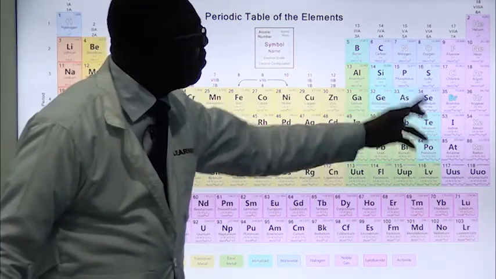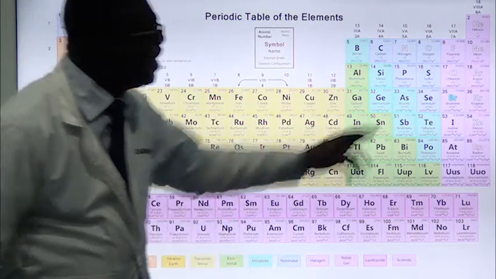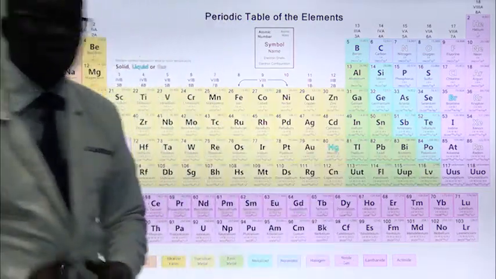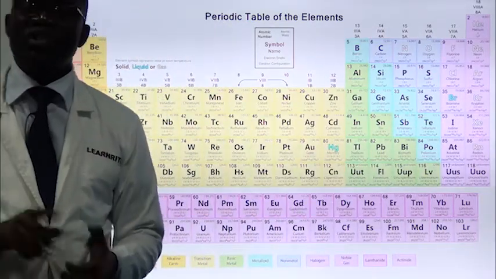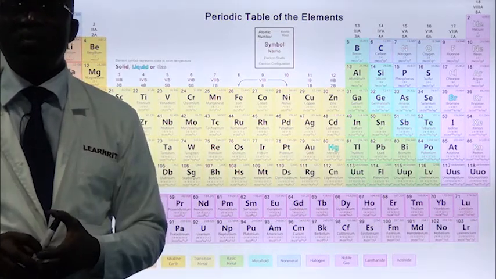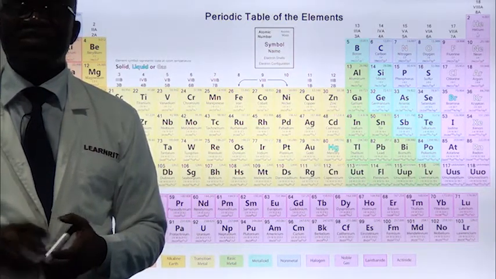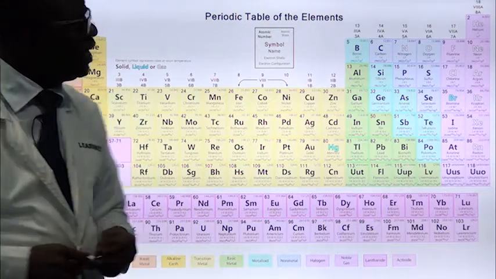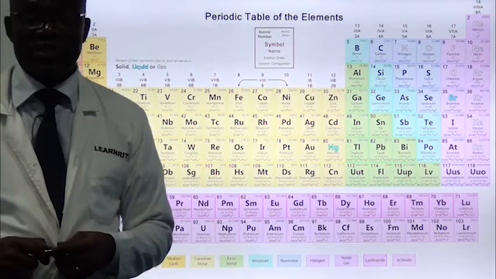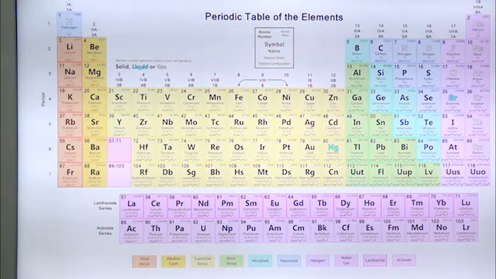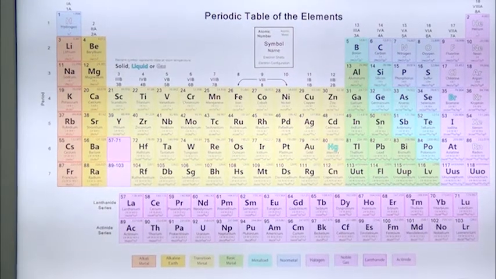So oxygen will form 2 bonds. And then all the halogens, that is the group 7 elements, will also form only 1 bond. They will share 1 electron to form 1 bond at a time, so that their octet will be filled. Going forward,